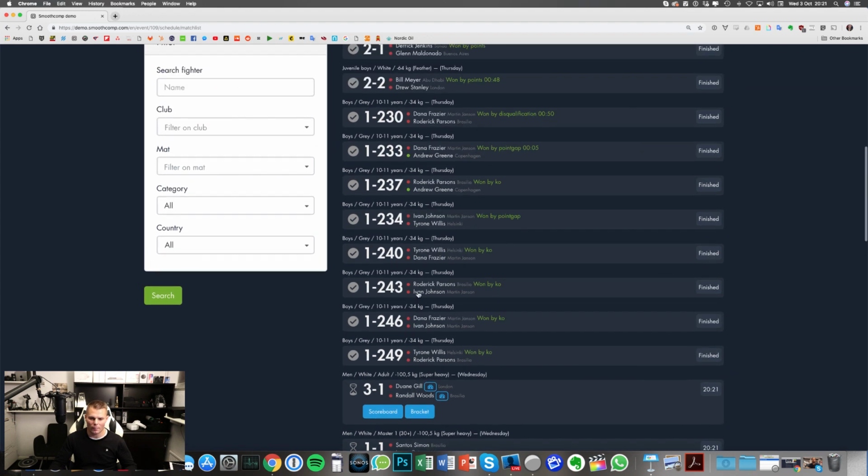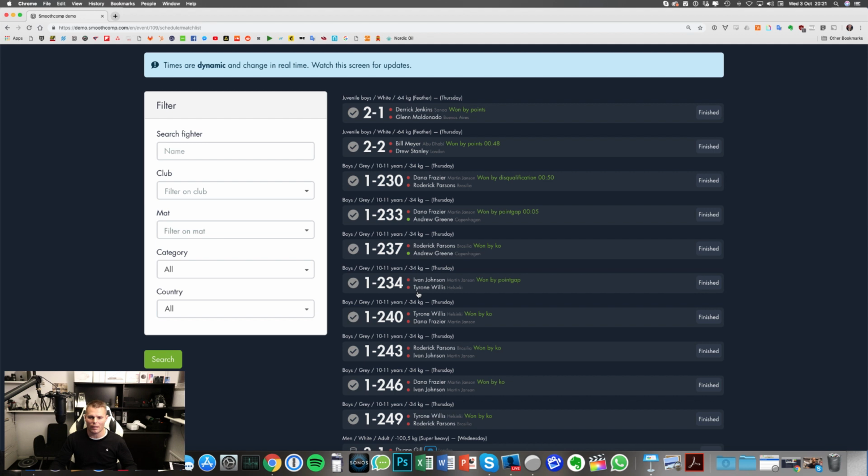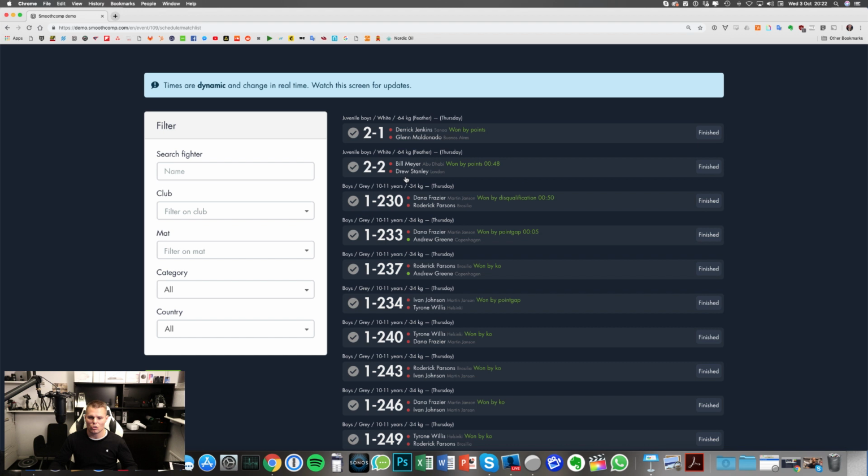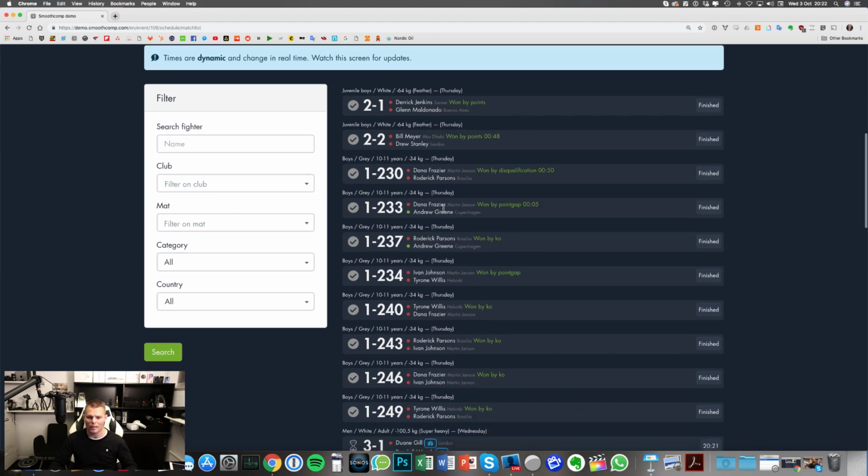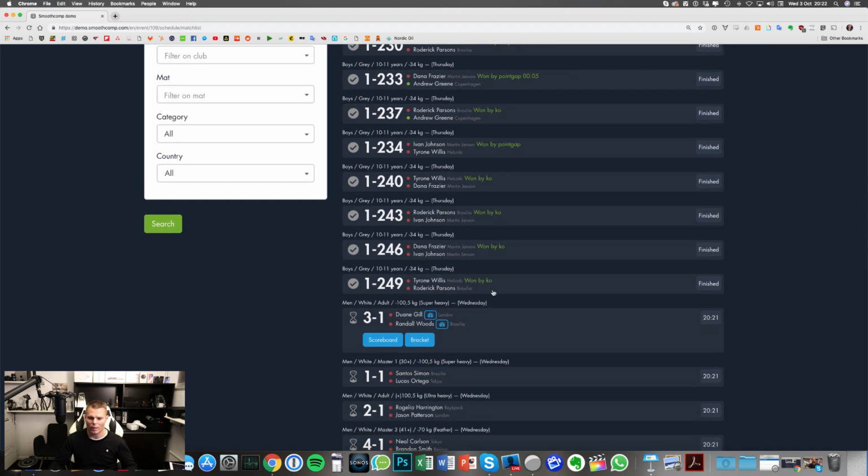This is usually used if you have the weigh-in just by the first fight. So in some tournaments, you do the weigh-in the day before, or you have a specific time in the morning. But some organizers do the weigh-in just before their first fight. And the Find Matches view shows all the fights in the tournament, starting with the first fight and then just like this in a long list. So when it's time for Dwayne, Gil, and Randall, they should come to the weigh-in, and then you can perform the weigh-in just the same way by clicking this icon here.